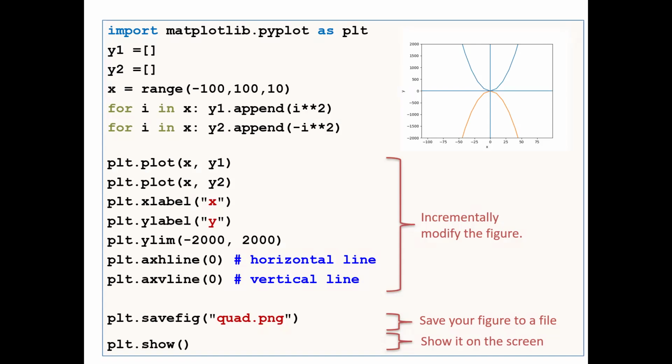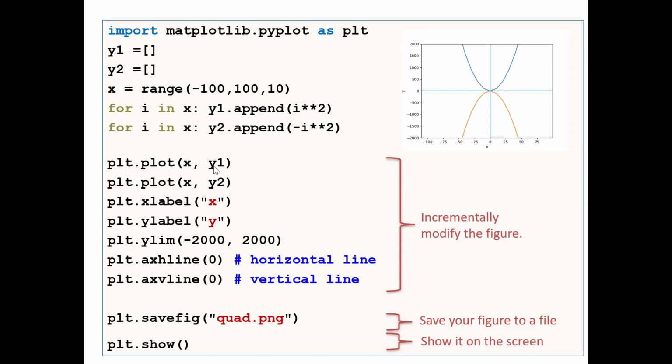They have created a list with the help of a for loop and append, and y1 is one list, y2 is another list. The y1 list contains y coordinate values for the first plot, y2 contains y coordinate values for the second plot. With the help of the plot function: plot x comma y1, plot x comma y2.